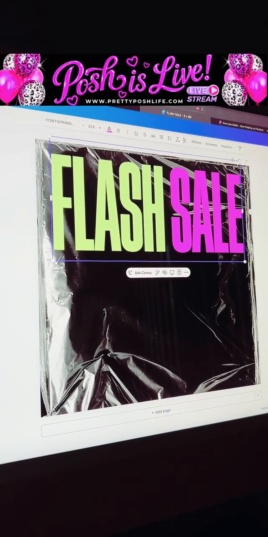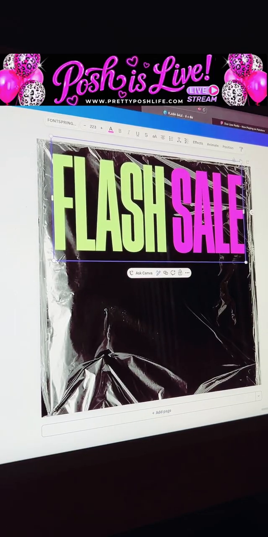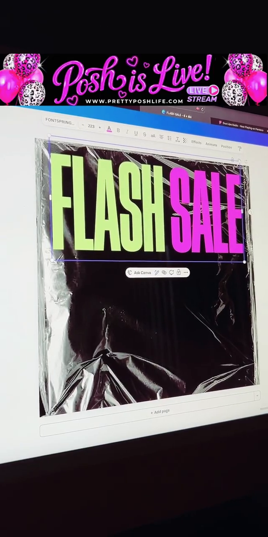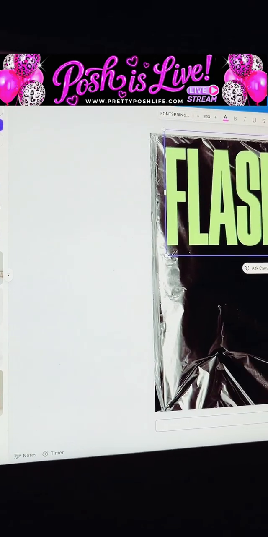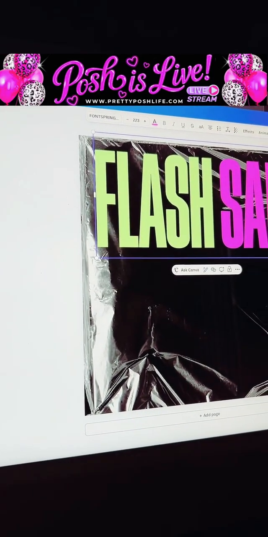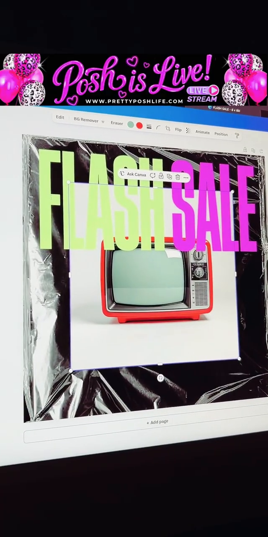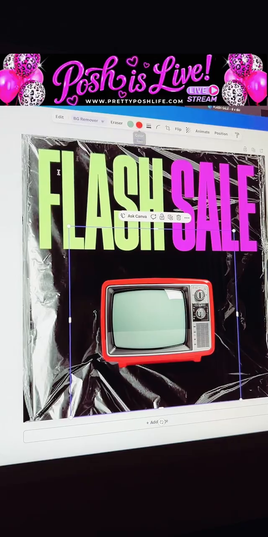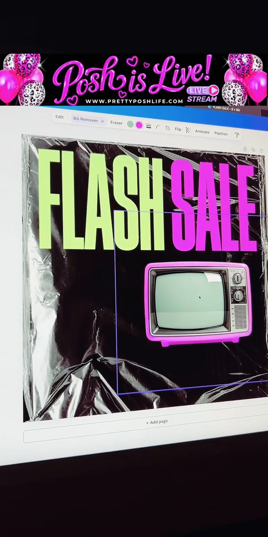Then I'm going to grab a couple of TV elements. I made a bunch of TV clip art elements in ChatGPT. You can see here. So I'm just going to grab this one, and I'm going to remove that background, and then I'm going to change the color so that it matches the font. But what I like to do, because if you can see, and I'm very particular about this,